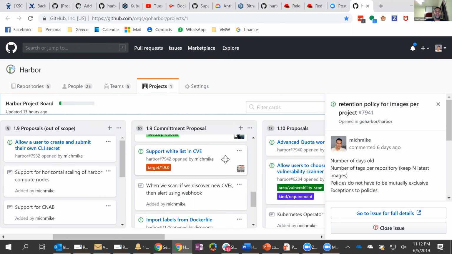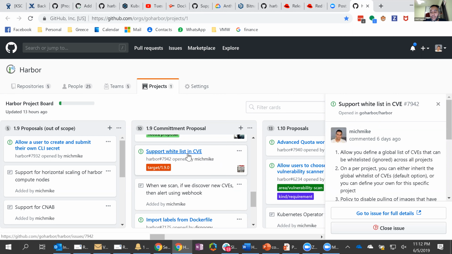The next item is whitelist CVEs. This is something that came up a couple of times so far by different customers and users. And I think that there's a lot of need for us to be able to define a global list of CVEs that you can exclude from policy. So for example, today, if you set up a policy that says, in my project, if I have a high severity CVE, do not allow an image to be pulled. But that's a black and white policy. What happens if a CVE came out, but there's no remediation for it yet? You want to prevent your image from getting pulled in production? The answer is maybe not yet.